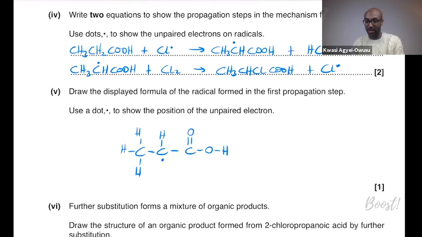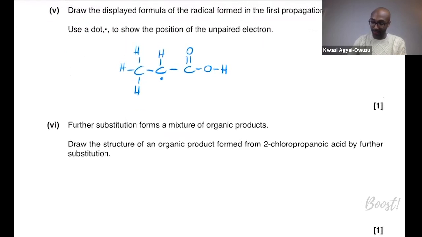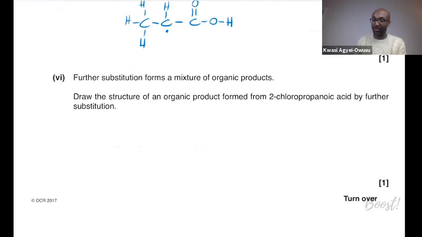Okay, so that would be our radical intermediate from the first propagation step formed. And finally, we're told that further substitution forms a mixture of organic products. Draw the structure of an organic product formed from 2-chloropropanoic acid by further substitution. There are any number of possibilities. Each of the hydrogens in our 2-chloropropanoic acid can be substituted further, so we could go on to